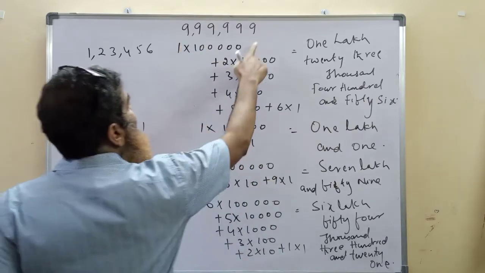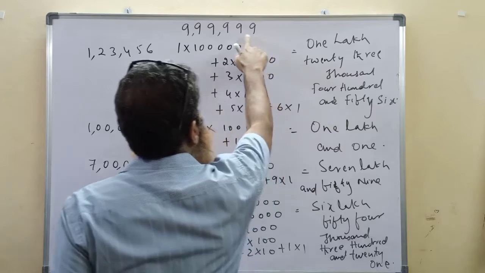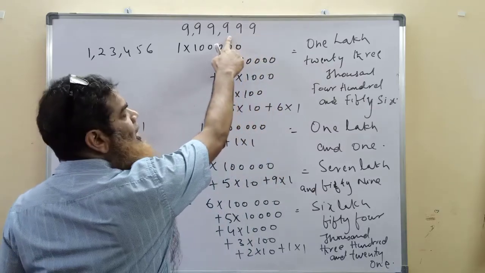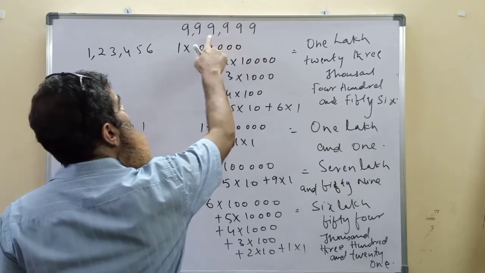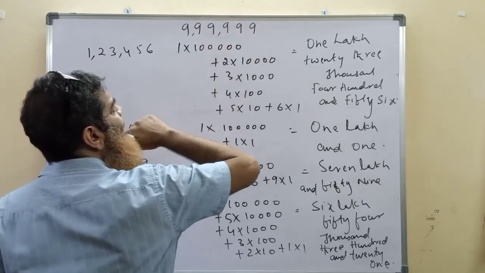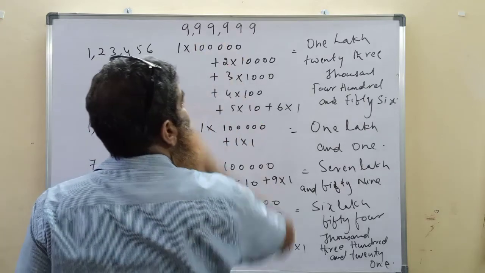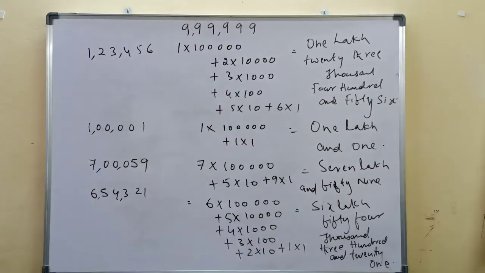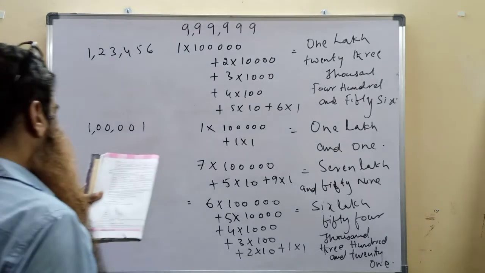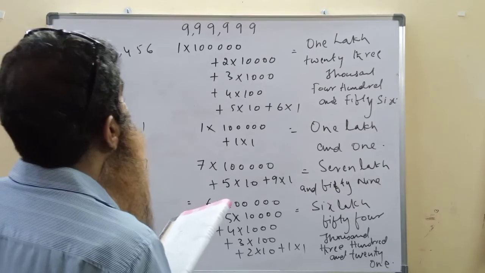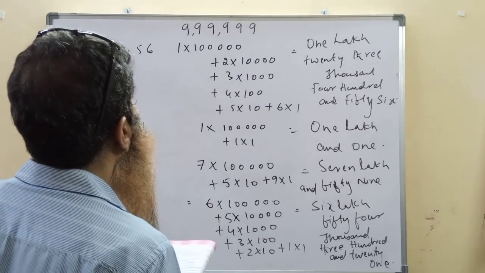9 is the largest single digit number, 99 is the largest two digit number, 999 is the largest three digit number, 9,999 is the largest four digit number, 99,999 is the largest five digit number. So all the digits are nines in a six digit number, that becomes the largest six digit number,